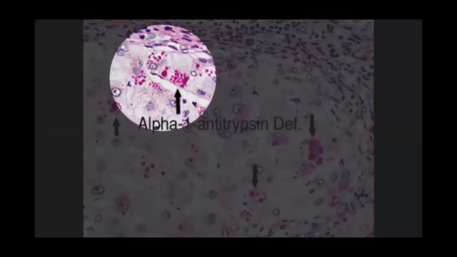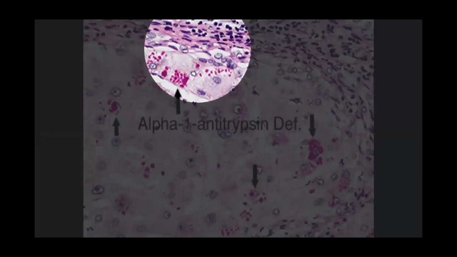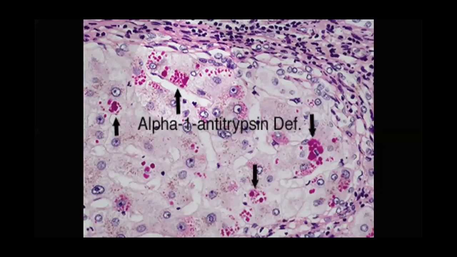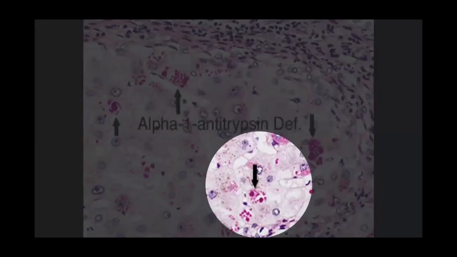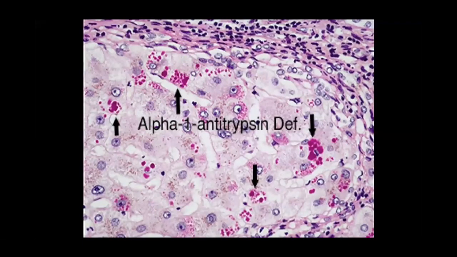These are morphologically abnormal alpha-1 antitrypsin that are not able to be secreted outside the liver. That's why they accumulate. Again, clinical history is very important, and involvement of lung by panlobar emphysema will be there. Please remember lung and liver involvement in alpha-1 antitrypsin deficiency.